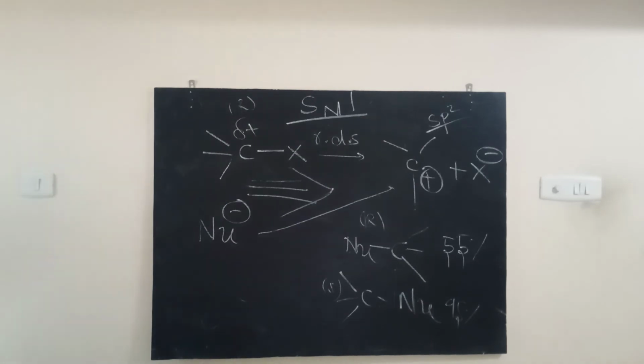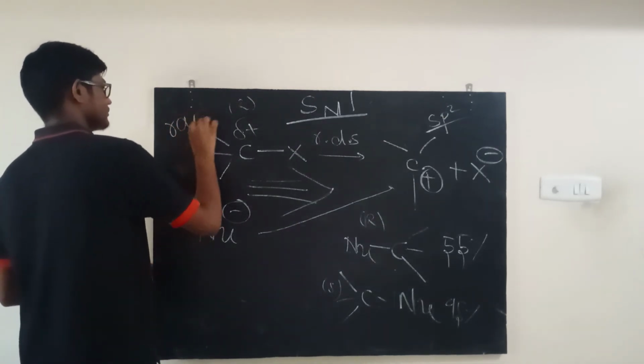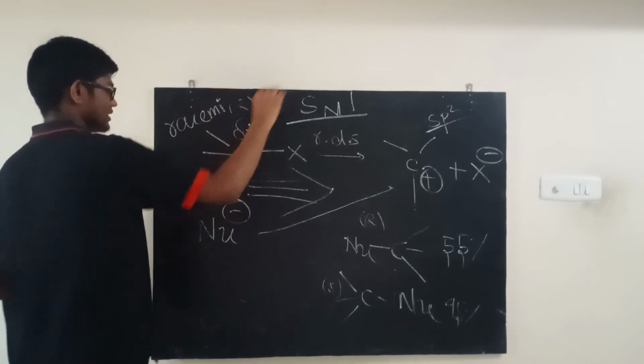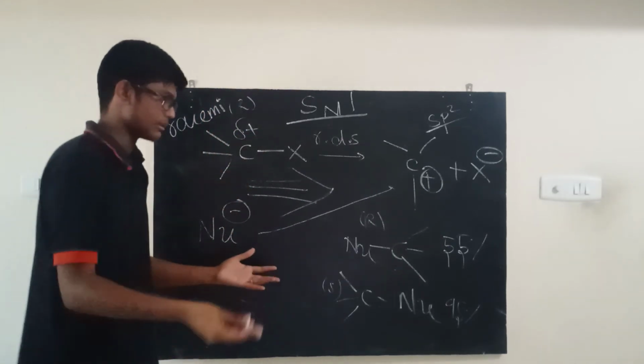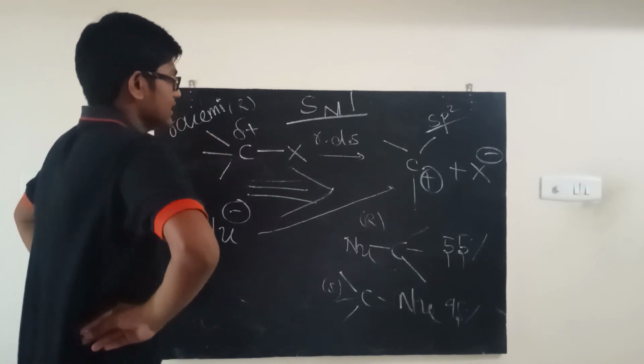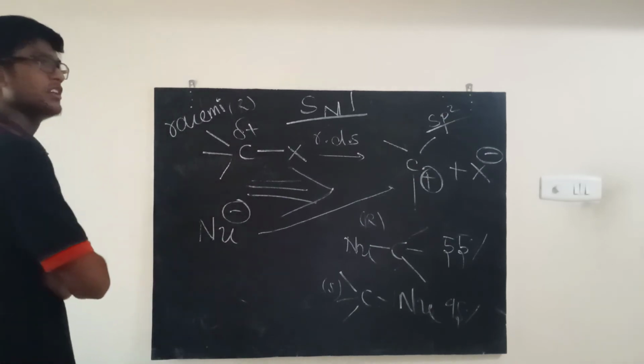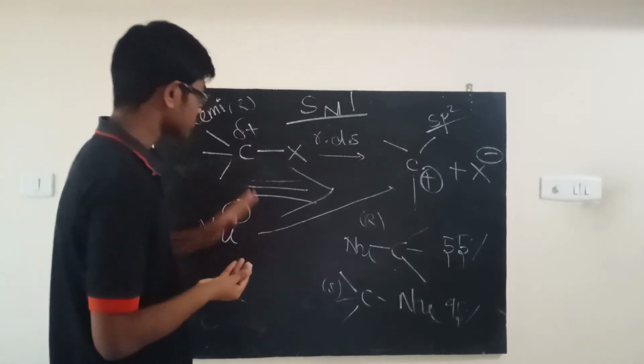The word for this in the business is racemization, and the mixture of these is called a racemic mixture. Okay, so that's something you want to keep in mind. So that is basically our idea about life now. You're saying the SN2 mechanism didn't sound good, but this is plausible.